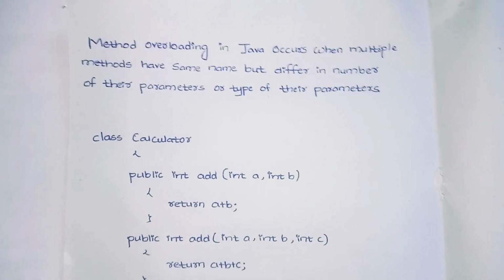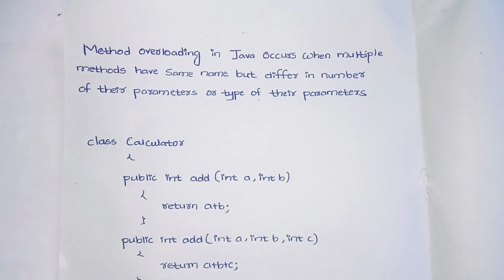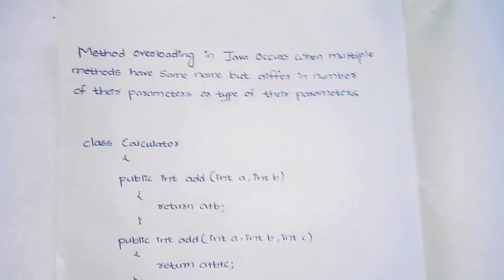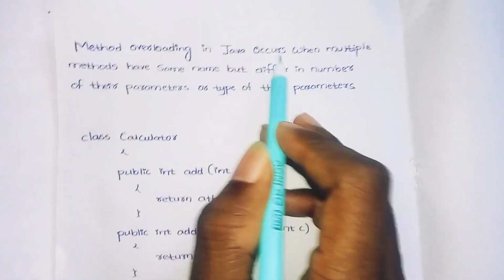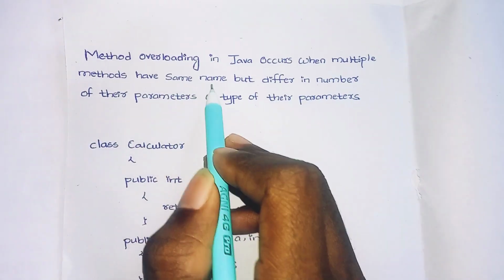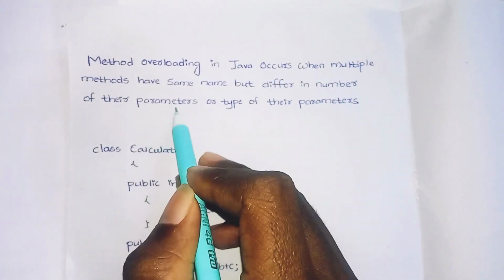In today's video, we will look into the topic method overloading in Java. So what does it mean? Method overloading in Java occurs when multiple methods have the same name but differ in number of parameters or type